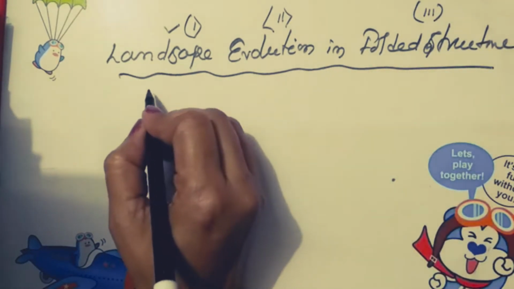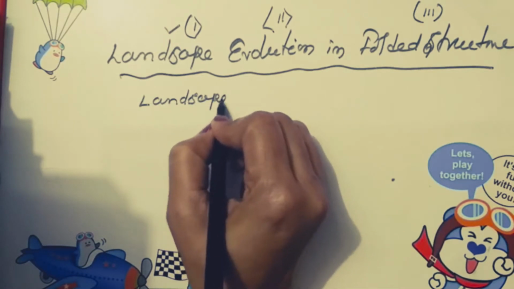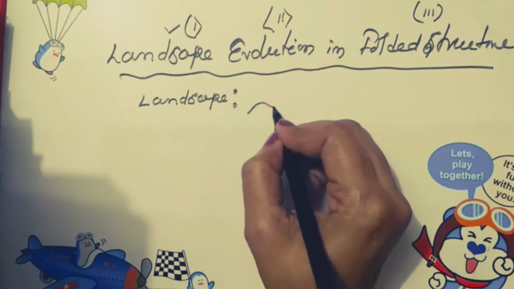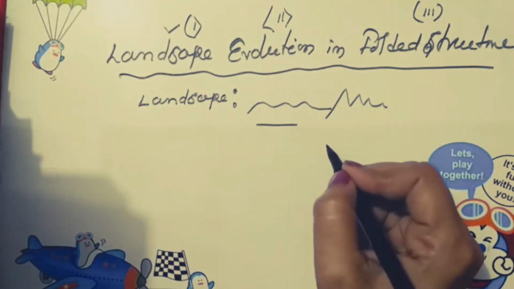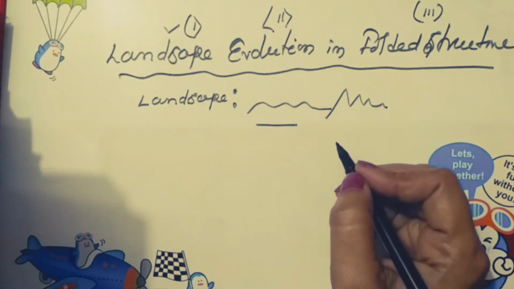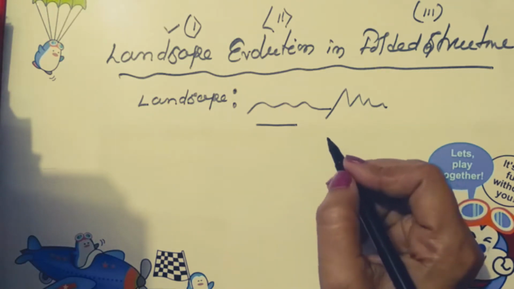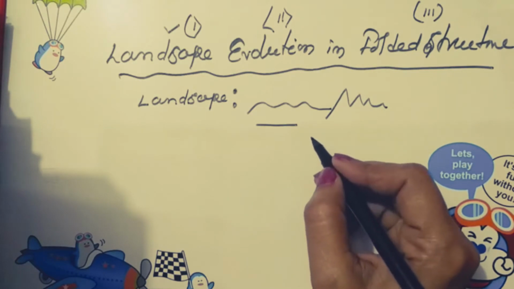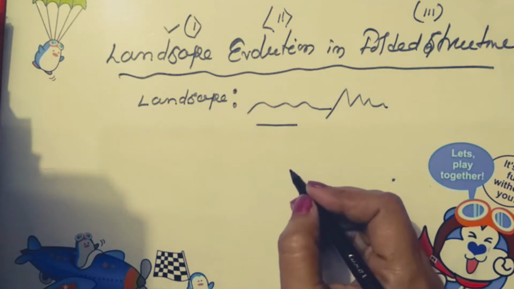What is landscape? Landscape is the various shapes, size, pattern of the Earth's surface. It may be the hilly terrain, it may be the plain, it may be the plateau, it may be the combination of the plain and plateau, it may be the combination of hill and terrain. All these things related to the Earth's surface, Earth height information, all the shape, size, pattern of the Earth's surface